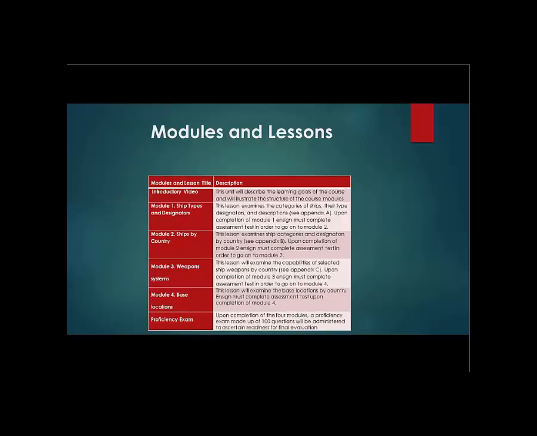The course plan will be comprised of an introductory video which describes the learning goals for the course and reviews the content structure of each module. Each module will conclude with an assessment test to ascertain the ensign's understanding and recall of each lesson. Now, the introductory video will describe the learning goals of the course and will illustrate the structure of the course